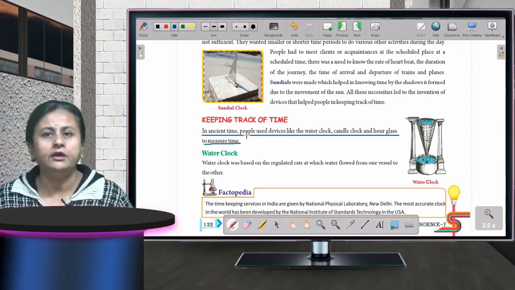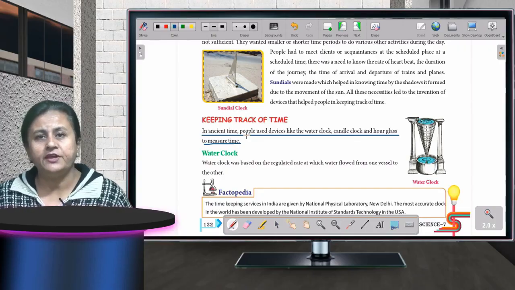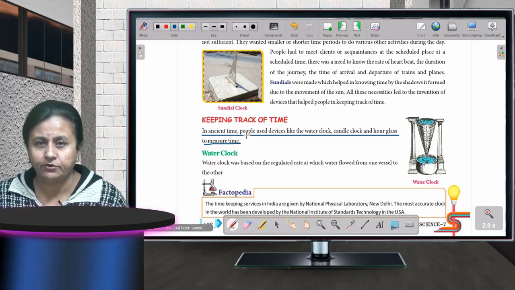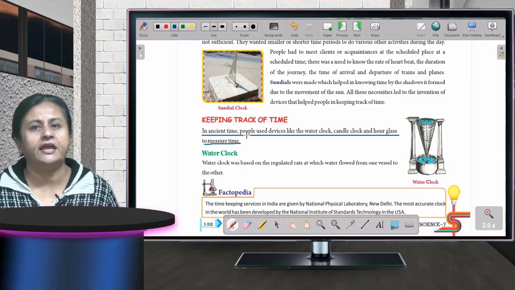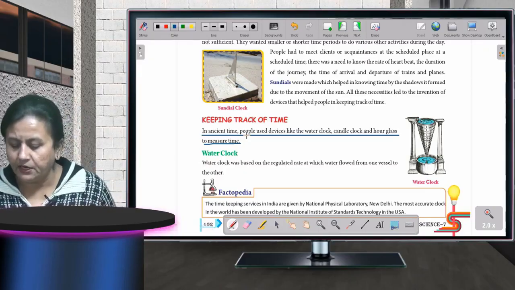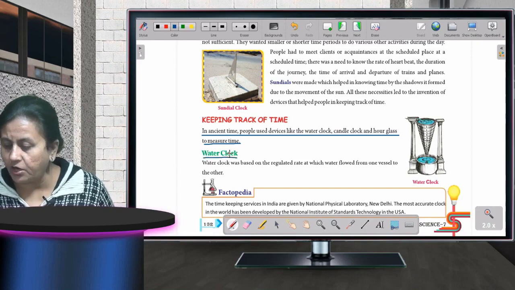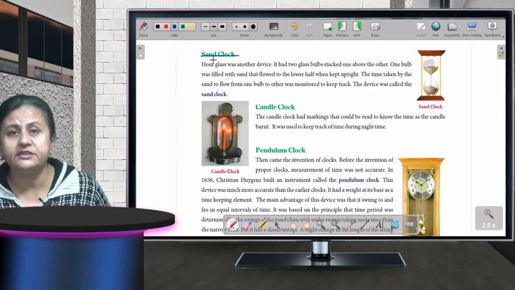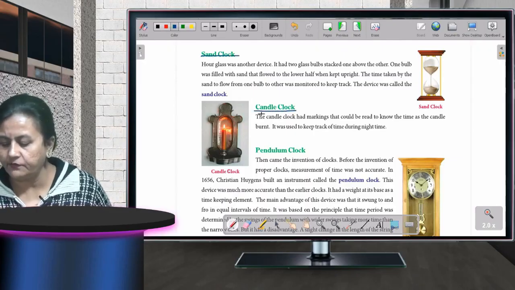But now things have changed. We are having watches, we have got wristwatch, we have got clocks, we have got smart watches. We are keeping the track of time with those instruments. Earlier it was done with a water clock. Then sand clock was there. Then candle clock was there. And if I talk about pendulum clock,